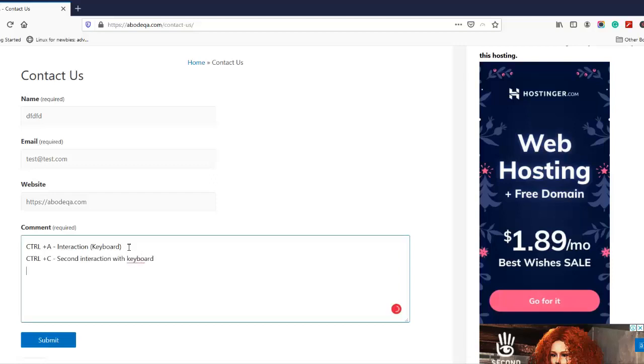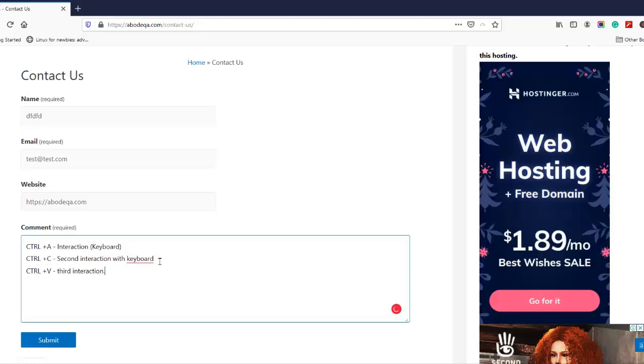And at the end we will come to the comment field and press Ctrl plus V, and this is the third interaction. So let's see how we are going to mimic this complete scenario.